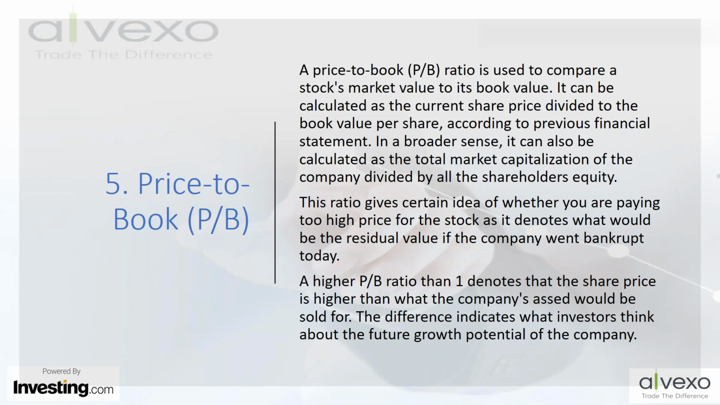So there are fine ways to break this down, but number 5 on our little checklist is price to book, the PB ratio. It is used to compare a stock's market value to its book value. It can be calculated as the current share price divided by the book value per share according to previous financial statements. In a broader sense, it can also be calculated as the total market capitalization of the company divided by